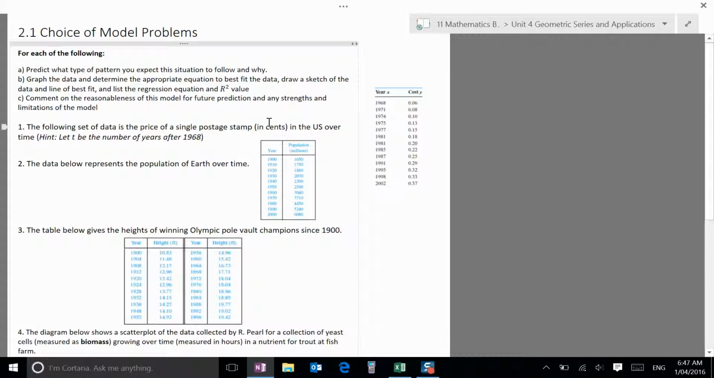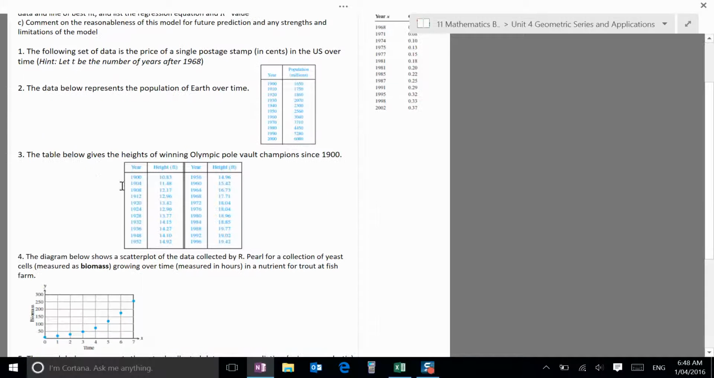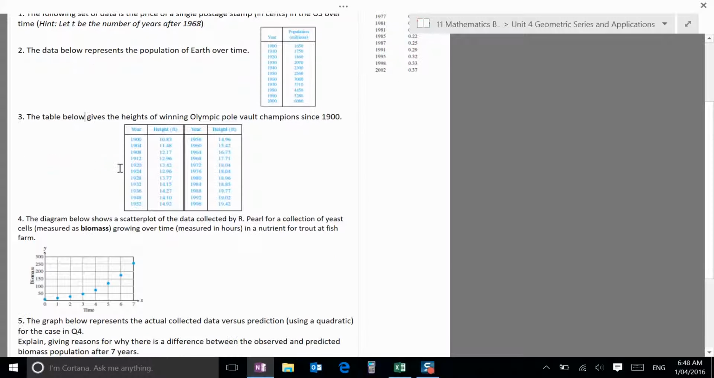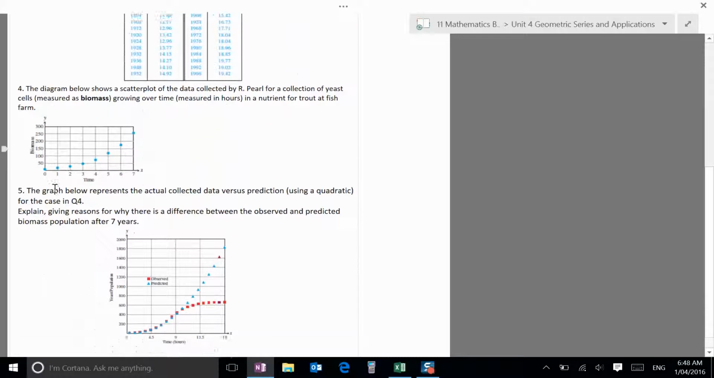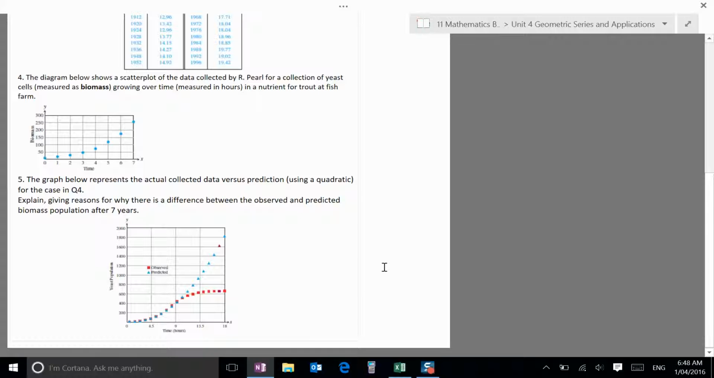To that end, there's a few problems here for you to have a go at doing some curve fitting yourself. First of all, thinking about what the pattern you'll expect to find, giving it a graph, and commenting on the reasonableness and the strengths and limitations. So things like postage stamps, population of the Earth. Don't use that data in your assignment. The pole vault heights and some biomass things and some questions to look at. Okay, so do these in